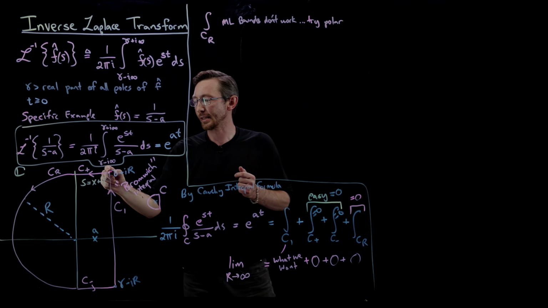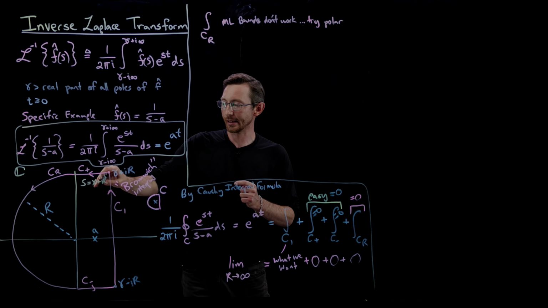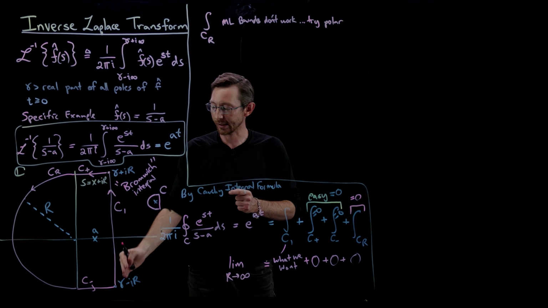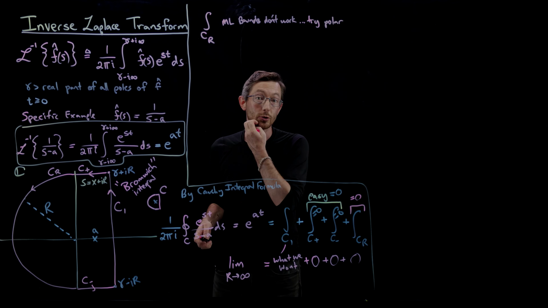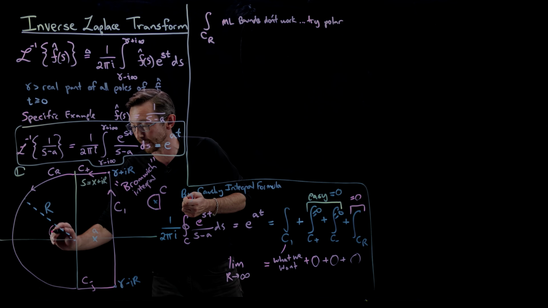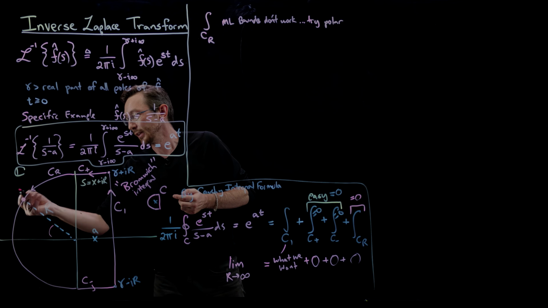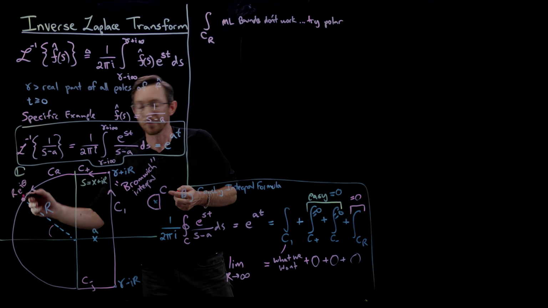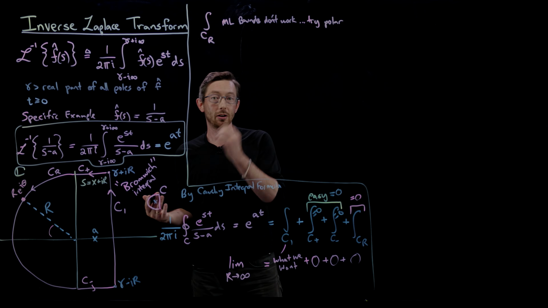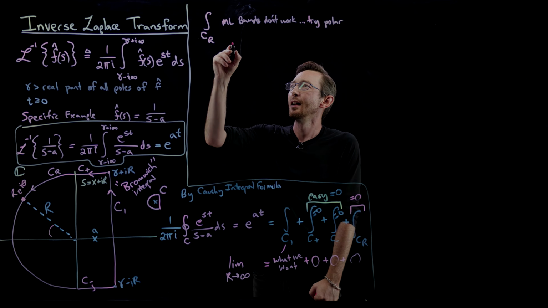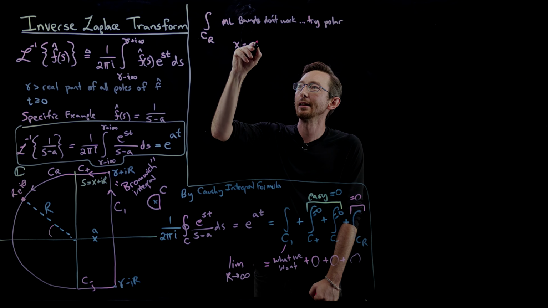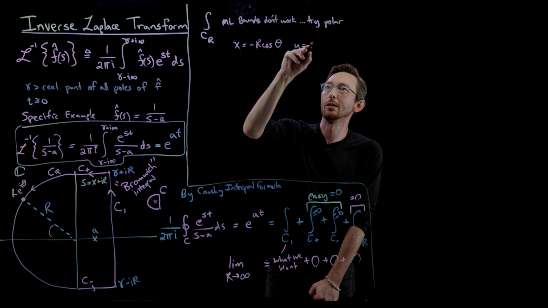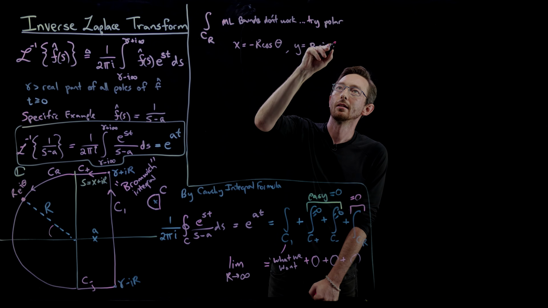And that's why we extended this. Instead of just having a big radius coming directly from C1, that's why we had C plus and C minus, to move these over to a place where we could actually use polar coordinates. So this point is going to be r e to the i theta, so there's going to be an r cosine theta and an r sine theta. So we're going to say x equals minus r cosine theta, and y equals r sine theta,